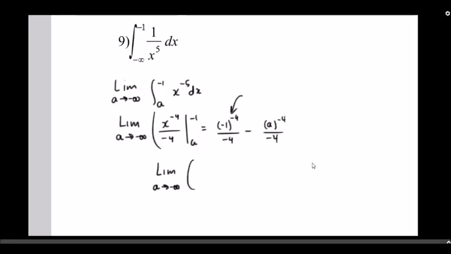Now with that expression there, since it has a negative exponent, I'm going to go ahead and bump that down to the denominator, leaving a 1 in the numerator, so it's 1 over negative 4 times negative 1 to the 4th, which is 1, so it's negative 1/4. And the same thing, since this one has a negative exponent, I'm going to go ahead and bump that one down, so it's 1 over negative 4 times a to the positive 4th power, and then here